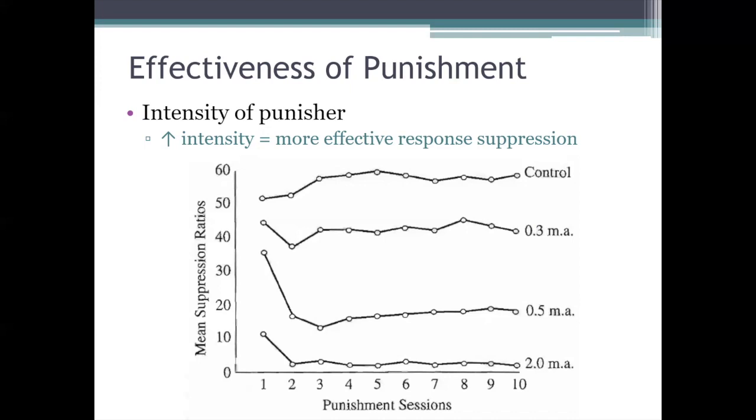Now, of course, with this research, we're looking at the intensity of a positive punisher, right? We're considering the intensity of an electric shock, but the same principle holds for negative punishers. So, for example, all else equal, if you do something that you're not supposed to, and then your parents ground you for it for a month, well, you'll probably shape up and stop doing that thing faster than you would have if they had only grounded you for a weekend, right? So, the longer, more severe, more intense punisher would lead to a quicker change in your behavior than a shorter, less intense punisher would. So, the more intense the punisher, the more effective that punisher tends to be.